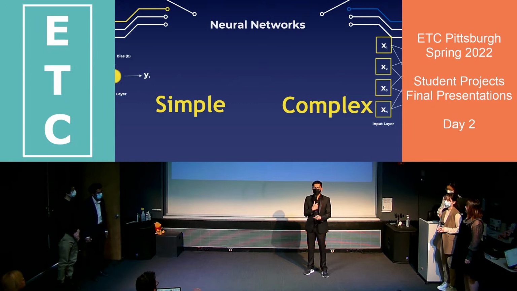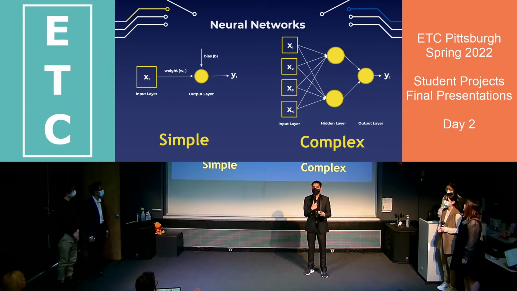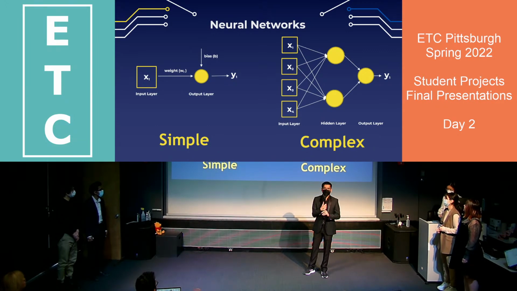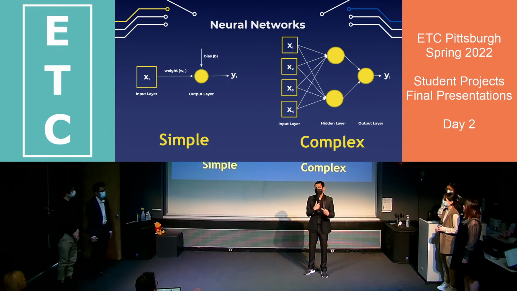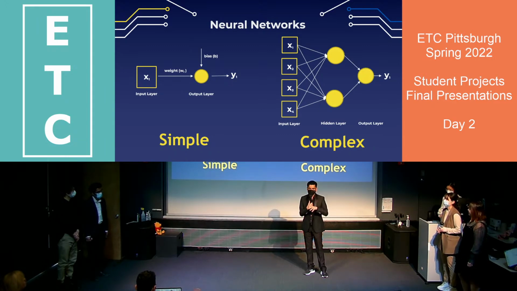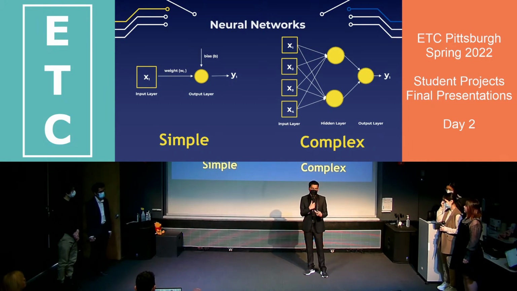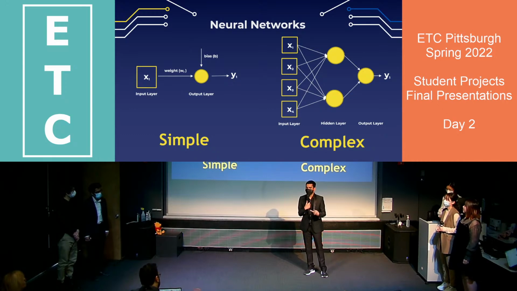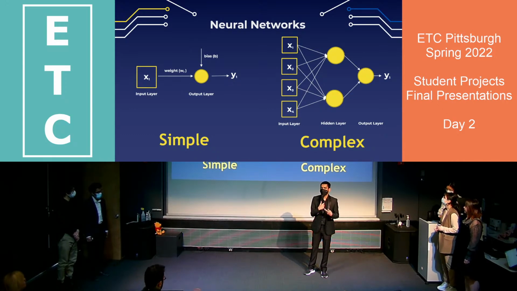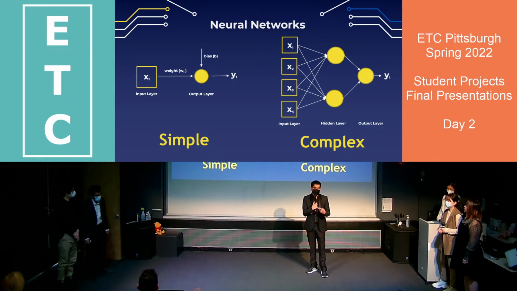So the idea is to break down the neural network to its simplest form and just focus on the vocabulary and the terms related to the network and not think about the complexity and the structure just yet, and gradually increase the complexity and teach the students different concepts and take it to a level that is not solvable by the students. And that's where we reinforce the complexity that in real life, neural networks are indeed really complicated, and it's not easy to compute the mathematical problems that they go through. So this is the whole idea that we're basing our game on. I would like to call upon Abhi to talk about how we are doing this in the game.